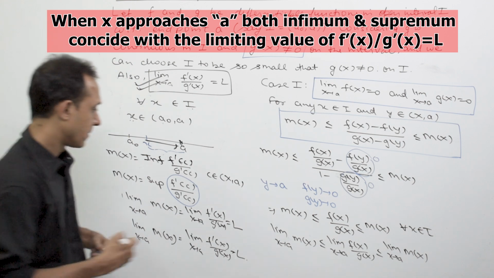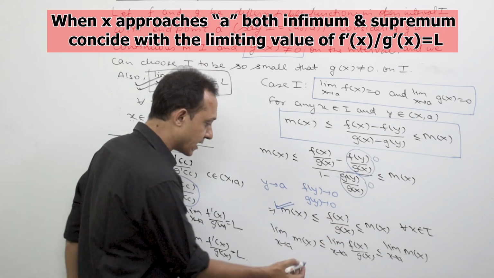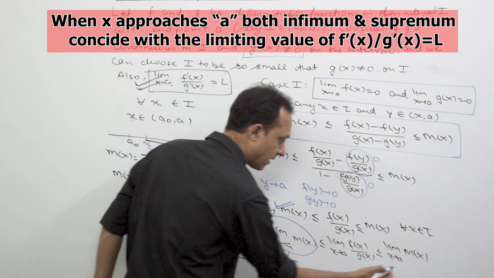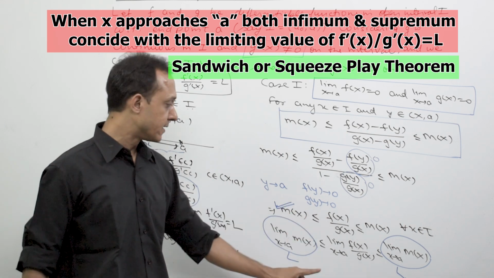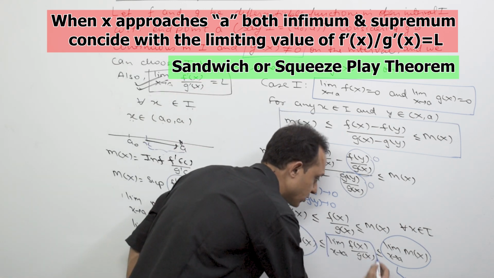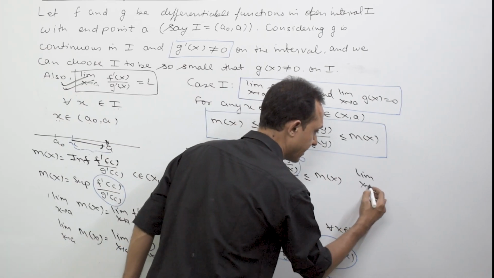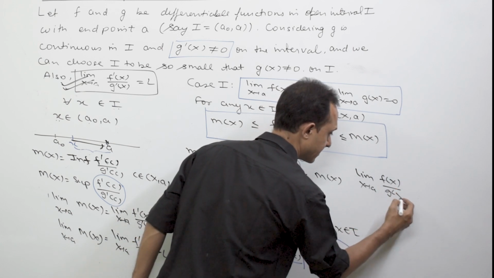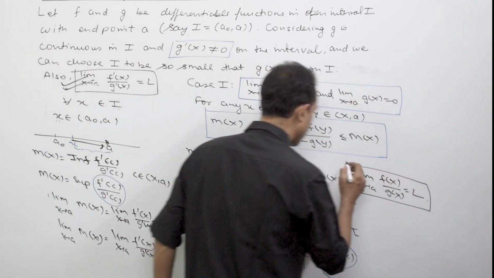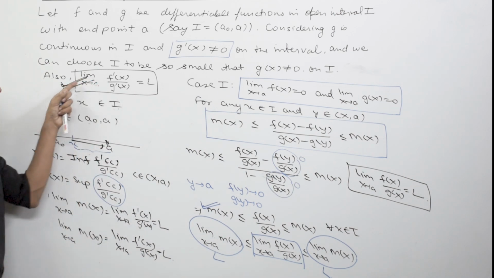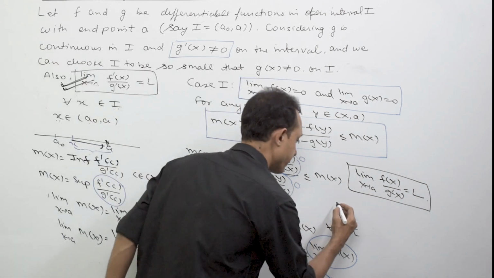So from this condition, when I say this function f(x) upon g(x) will always lie between m(x) and capital M(x), and this limit x tends to a small m(x) is L, and this limit capital M(x) when x tends to a is also L. So from Sandwich theorem, I say that this limit, which is limit x tends to a f(x) upon g(x), this limit will exist, and this limit will also be equal to L. So from this condition and from the given requirement of L'Hopital's rule, which is limit x tends to a f'(x) upon g'(x) is equal to L, we can say that,